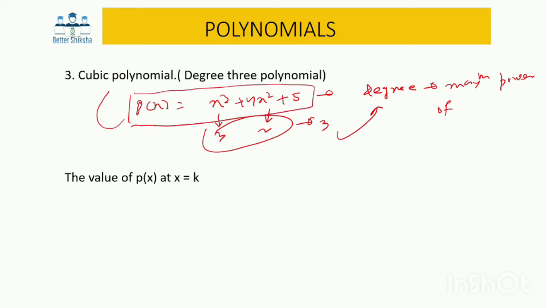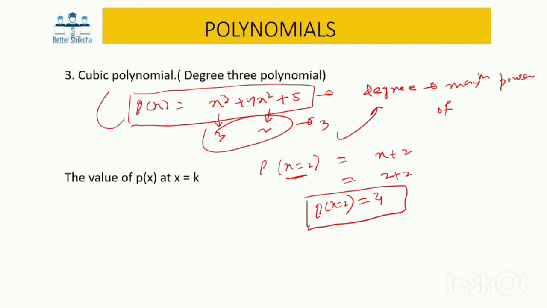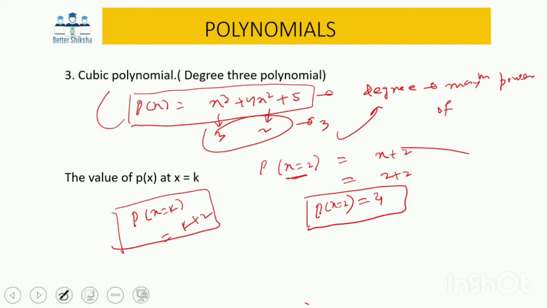Okay, now suppose someone comes to us and asks what happens if I put the x value, or x is equal to 2, in a given polynomial, right? If someone asks what value we will get if we put the value of x as 2, that simply means you put x equal to 2 in the given equation and you get some constant value, say 4. So this is the value of the polynomial at a given value of x. Simply, if I want to put some value k, it can be anything, or any positive number, so p of x at x equal to k comes to be k plus 2. Take it also. Now moving on.